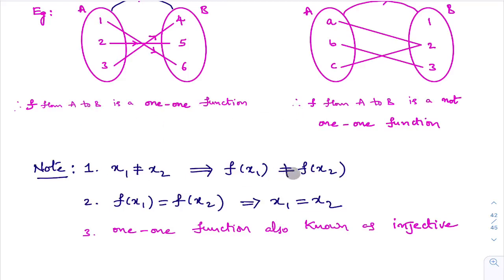See here, this is the actual definition. This is the contrapositive of this: negation of Q implies negation of P. f of x1 equal to f of x2 implies x1 equal to x2. I hope you understand this point. What I am trying to say is, this second point also gives the meaning of one-one function definition only. Right. Now we'll move to the next definition, that is onto function.